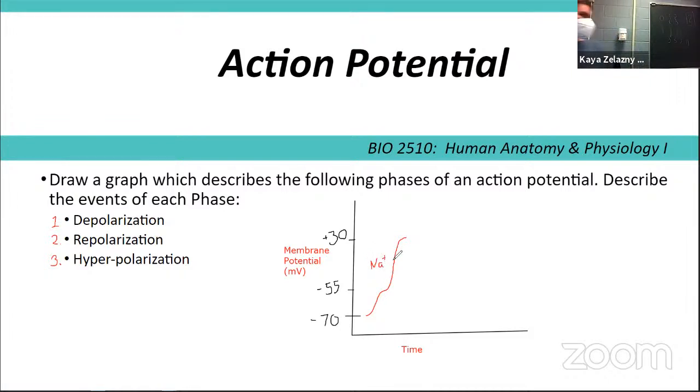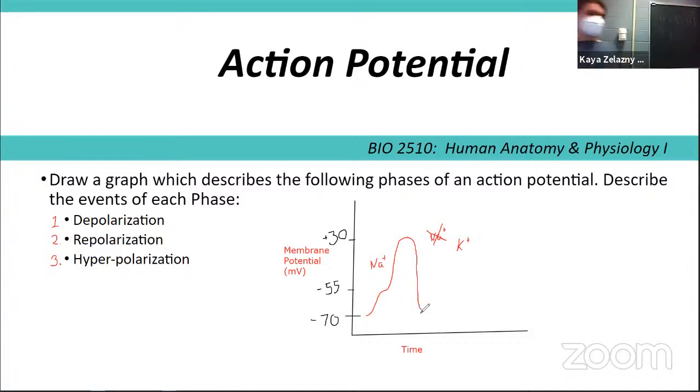All right, what's next with my curve? It's our second phase. What does repolarization mean? Exactly. So we had our sodium channels and they are closing. I'm going to cross them out. We're inactivating them. And now we're letting our potassium flow. It likes to flow out. So we are repolarizing, which means we're going back down,